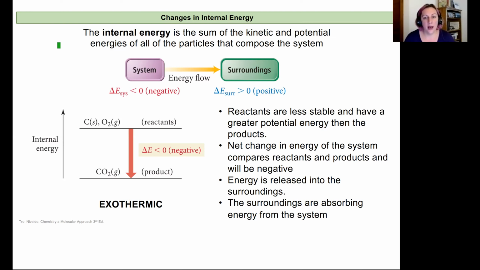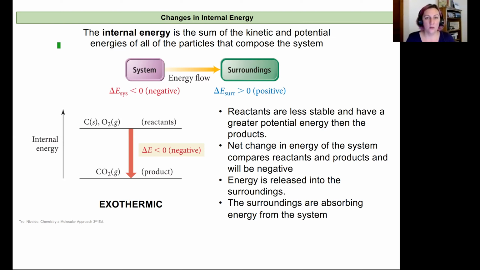So when we have something that's less stable and it undergoes a chemical reaction transformation into something more stable, the potential energy will decrease, and our total internal energy will decrease as well for our products compared to our reactants. It appears then that the system has decreased in internal energy from the beginning to the end of the reaction. That means it's going to give off that excess energy into its surroundings. Energy flows from the chemical reaction into the surroundings around it, and we call these reactions exothermic.